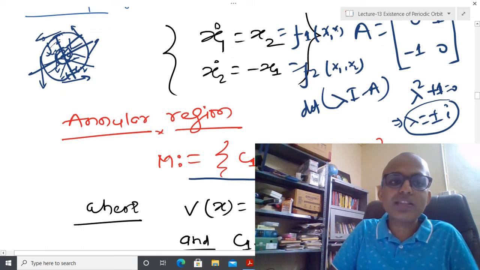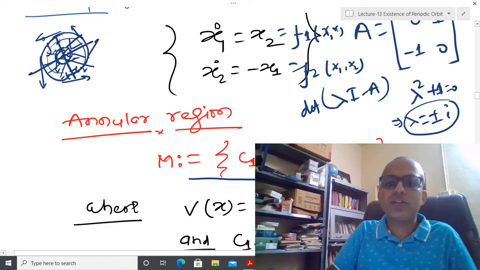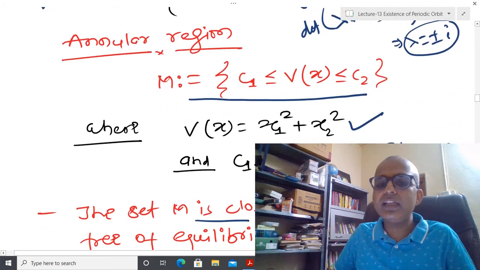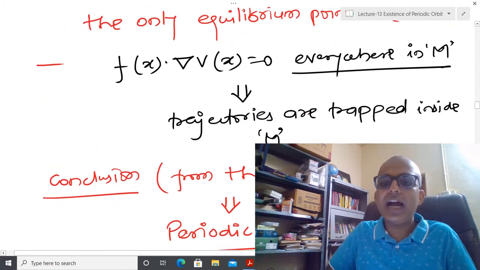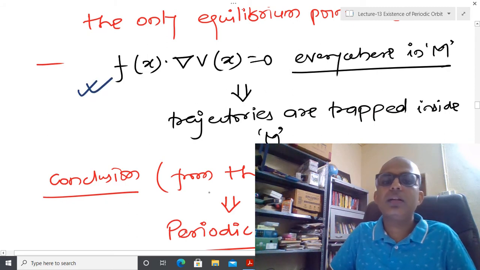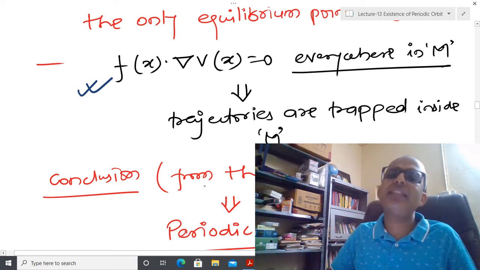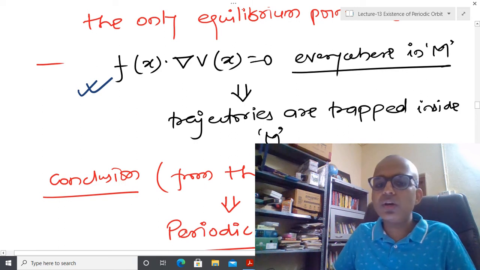So if you construct any other orbit, any closed circle, I have a similar construction, and on the boundary points I have this kind of result. It means that the trajectory is going to be trapped, either on the boundary or inside the boundary, both are the same. So from